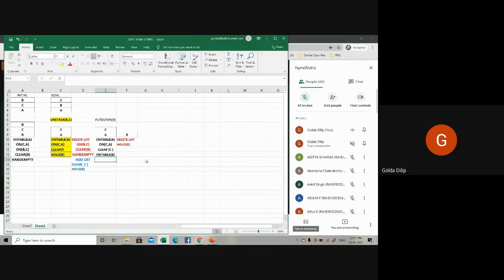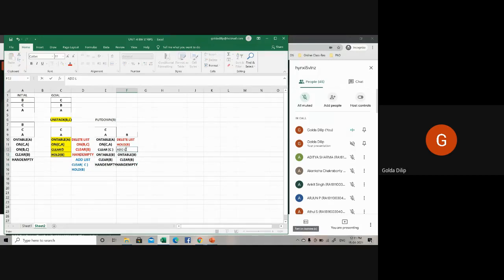Can I write clear B? There's nothing on top of B, so I will write clear B. Then what about my robo arm? It has put B onto the table, so now the robo arm is empty. So these three things I have added, and that will become a part of my add list.